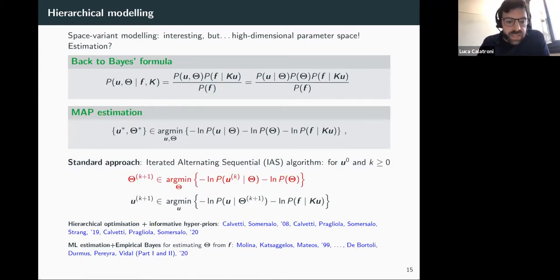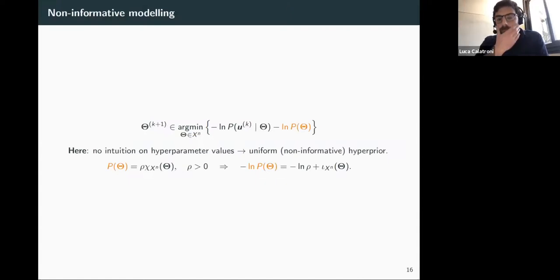And let's focus then on this step, which is the one corresponding to the estimation of hyperparameters. If we focus on this step, then we need to introduce a suitable hyperprior. There are several choices for that. But at a macro level, we could introduce an informative hyperprior, which means introducing some prior belief that we have on the parameters, or, and this is the case for what will follow,